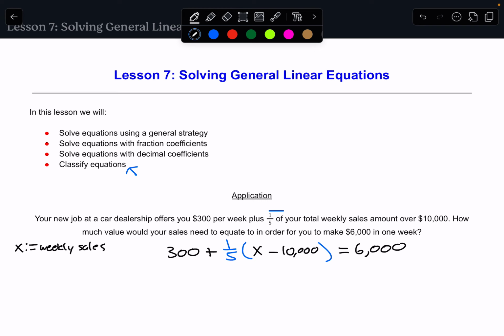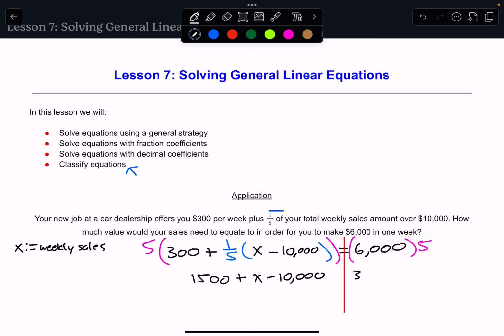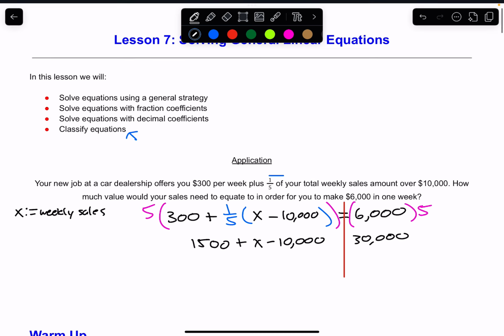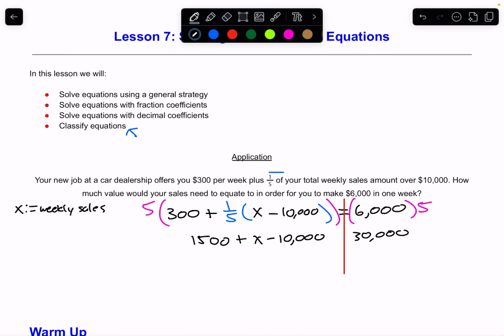So now we could go ahead and try to solve this as is, but if we multiply both sides by 5 to get started, it's going to get rid of that fraction for us. That way I don't have to deal with that 1/5 at all. So after multiplying both sides by 5, I'm going to get 5 times 300 is 1,500. That 1/5 goes away, so I just have X minus 10,000. And on the other side, 30,000. All right, so now we can go ahead and combine like terms. We have X, and then 1,500 minus 10,000 is going to leave me with negative 8,500 and 30,000 on the